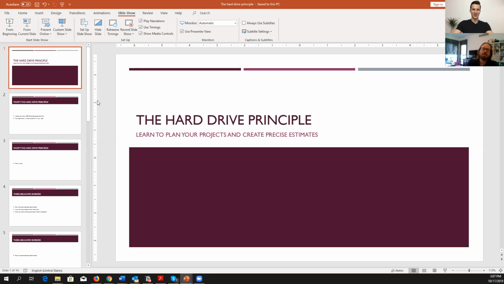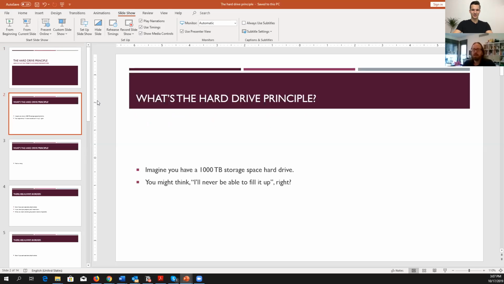What is the hard drive principle exactly? So imagine the allegory, the imagery that you need to have is like this. We talked about borders now. Even if you have a 1,000 terabyte hard drive, which is enormous in size, you might say, wow, a 1,000 terabyte hard drive, I would never fill that. Yes, you will. Every computer geek will tell you that a 1,000 terabyte hard drive is easily filled, just by the principle that you have space to fill, you will find out what to do with it.